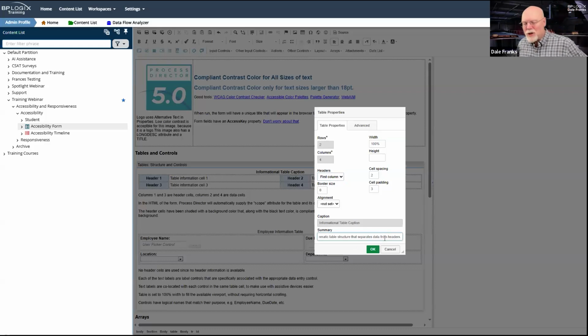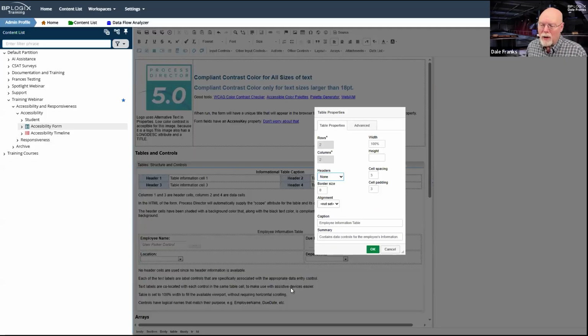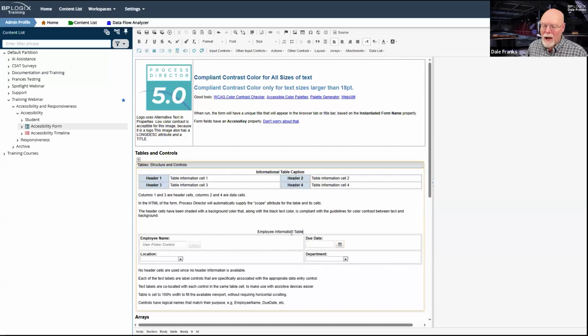So in general, tables should have it. Indeed, even if we come down here and look at this table, where now I'm doing sort of form layout with a table, and I look at my table properties, I still have the ability to put in a caption and a summary. So that caption, employee information table, actually appears right here as the caption for the table.